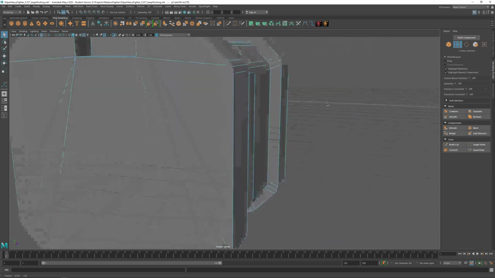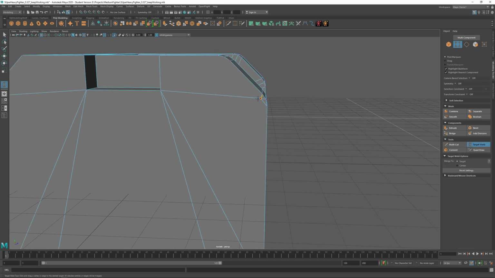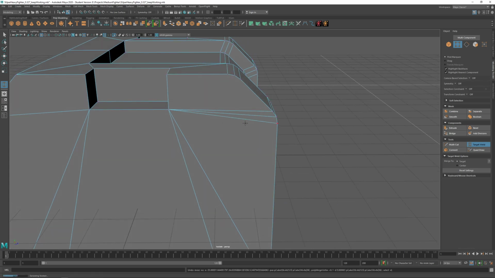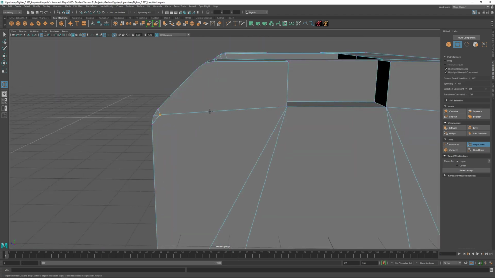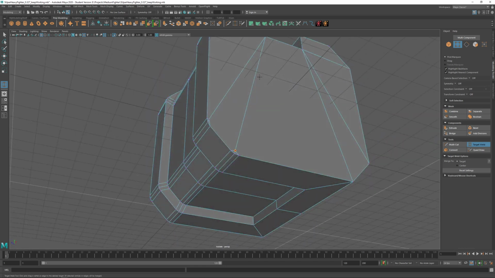Now we just need to fix these. There are some hanging vertices, one here, and I use target weld. Target weld is going to select something and weld it somewhere else. It moves the vertex and welds them together. I deselect everything, click on an empty space, and then click and drag to the nearest vertex that I want to. So click, hold, and once I go here, release. It's going to fix my